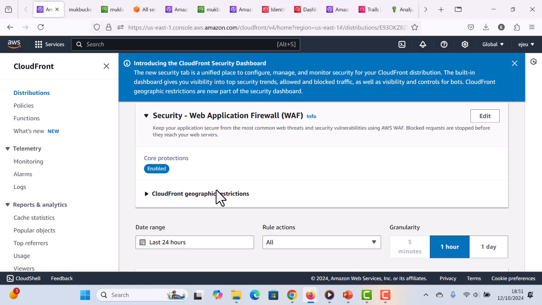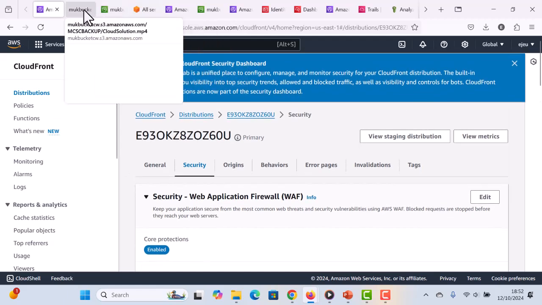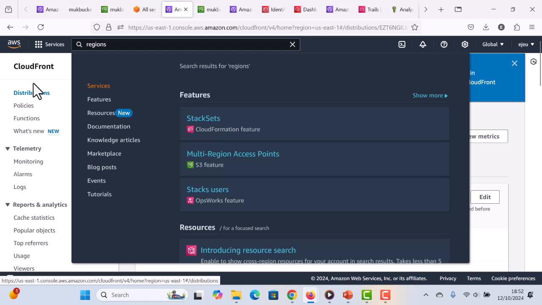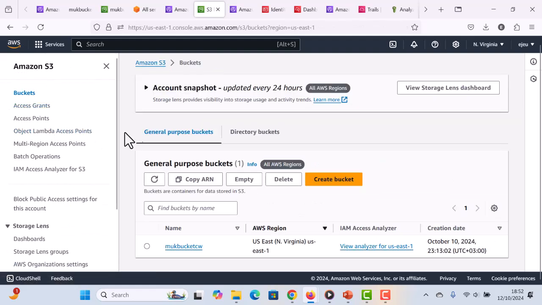And so in creating this, I just chose default, and I was able to secure data access, monitor, and optimize. So if I'm to go back to my bucket, I also had to create access lists and all the permissions. If I go back to my bucket, you can actually see that